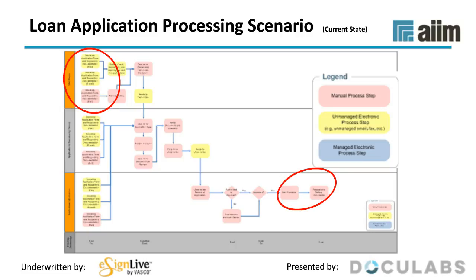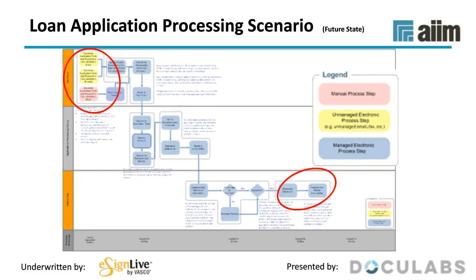And you see some change in color here. You see lots of blue and so on. So I'm going to address this kind of superficially, but what you see here is a lot of blue, a lot of automated managed processes with electronic forms and with e-signatures. Now the good news is that this is very doable. The hard part is moving over to, say, digital, to e-forms and such. The easy part in this scenario is doing the endpoints with electronic signatures. But what that does is it makes the whole process digital without having to go into paper and come back from paper and store the paper and so on.